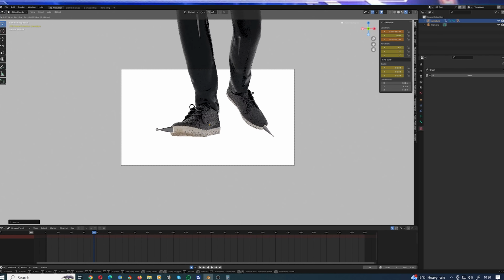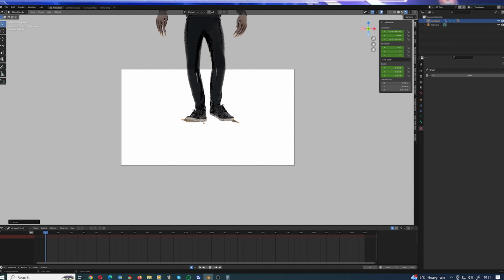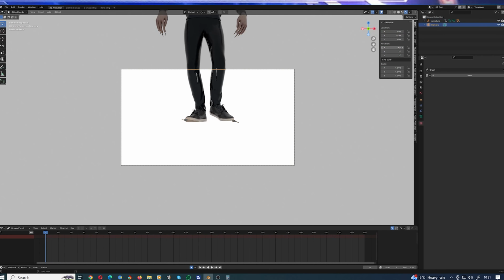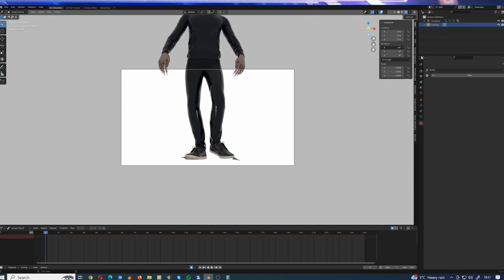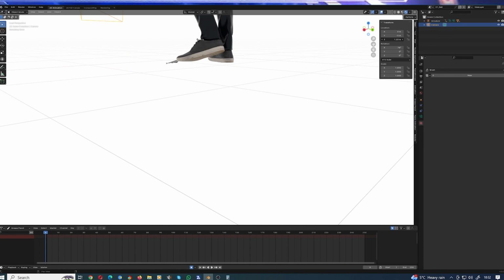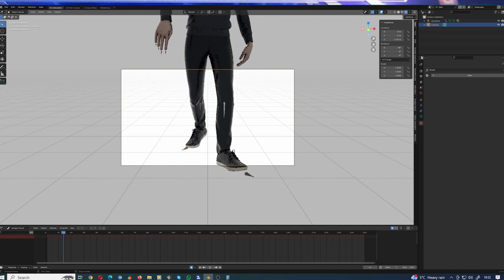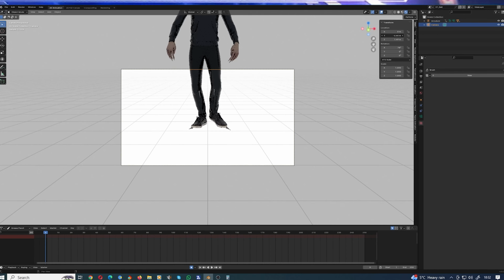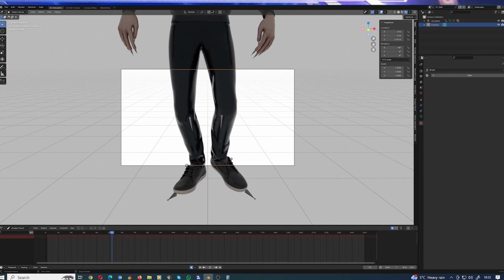So basically it's up to you to then play around with the camera and play around with the size of the character and the model. If you want to make it loop, you'll have to look at doing an F-curve for that. Hopefully this video gave you a nice introduction into using 3D models within Blender 2D environment, and if you like